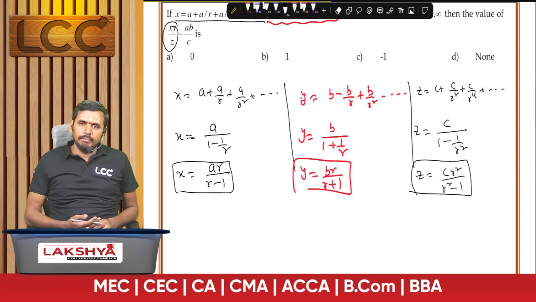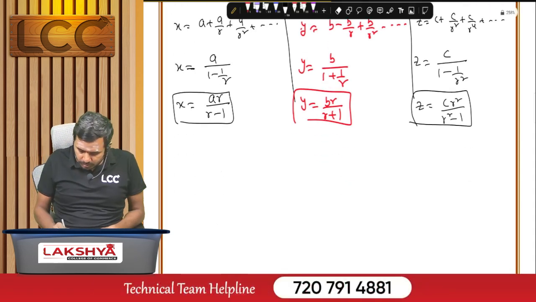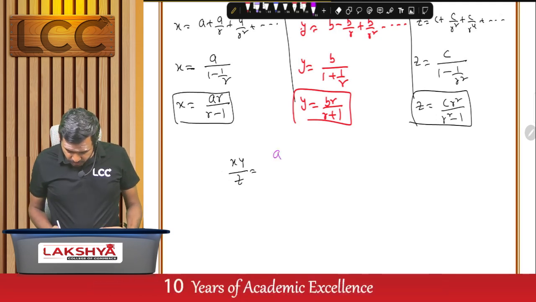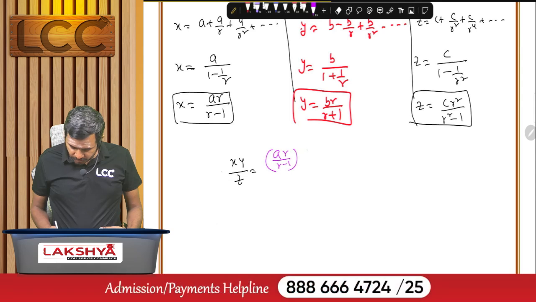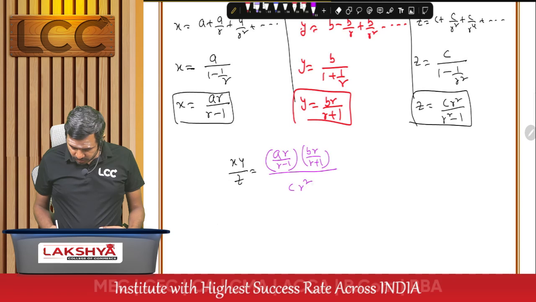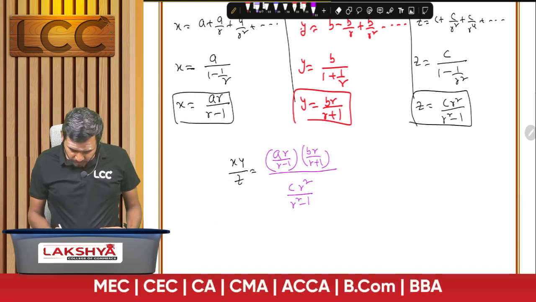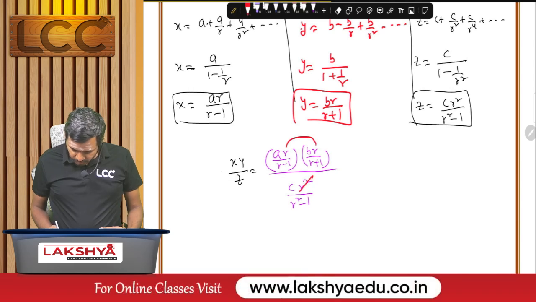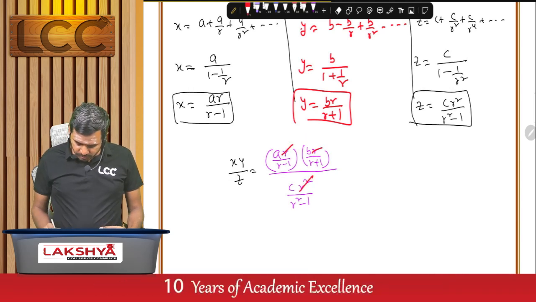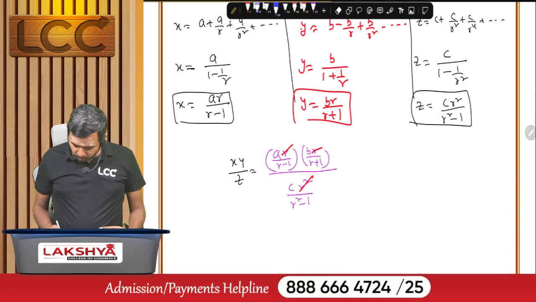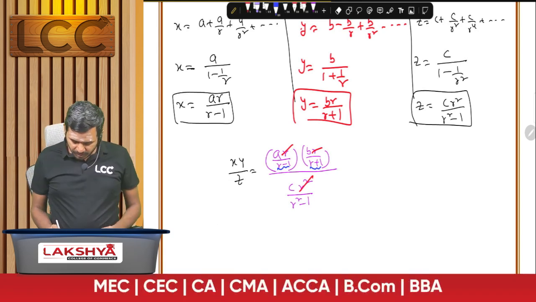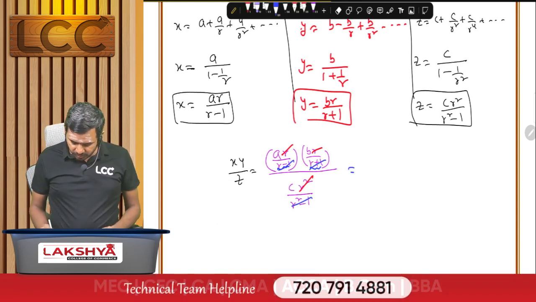Let us consider xy by z. xy by z is equal to, okay, what is the x value? ar by r minus 1. What is the y value? br by r plus 1, divided by the z value, cr square by r square minus 1. Now observe in this expression, r into r square, in the numerator and denominator cancel. And one more point, r minus 1 and r plus 1, their product r square minus 1, gets cancelled in the denominator. Finally, what we get is